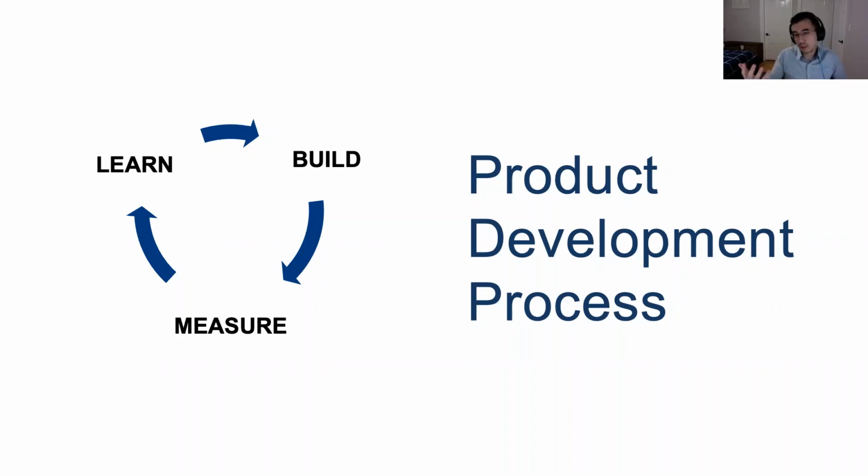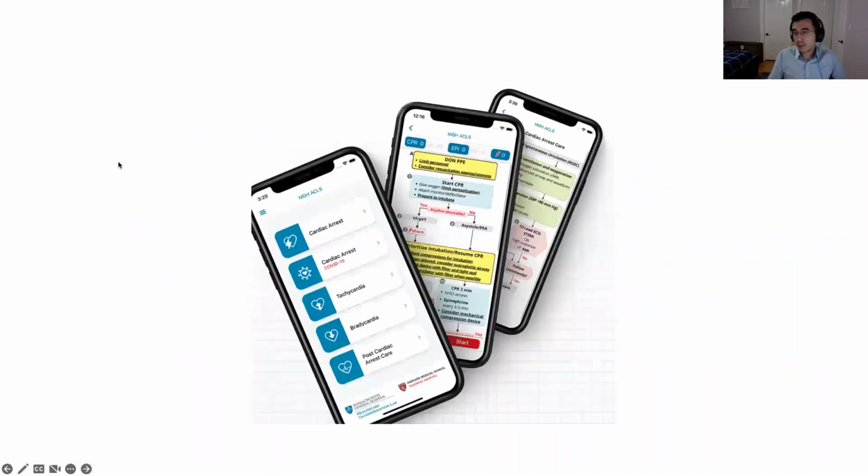And we also got a lot of requests. Hey, is there a way I could keep track of the different medications that we've given in cardiac arrest and the times at which that happened? We went through this product development process a few times, and we ended up with what ultimately was called CDH ACLS. It looks, as you can see here. And we did this with no resources, and we did it by following the product development process.